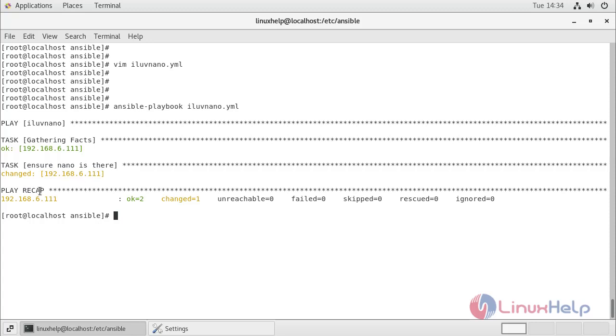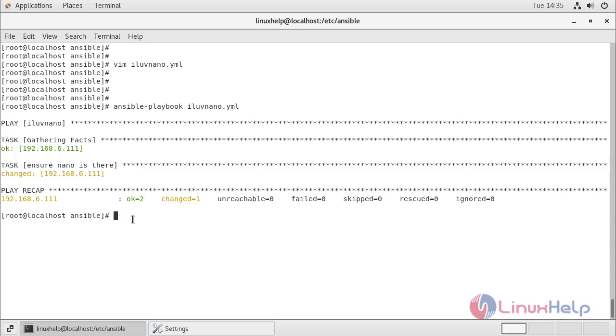And the last thing is the play recap. In the play recap, you will see the state is OK and changed equals 1. That means changes were made in my node machine. The task gathering facts, you can disable it if you want, but by default it will gather the information of your node machine. I will show you something interesting here.